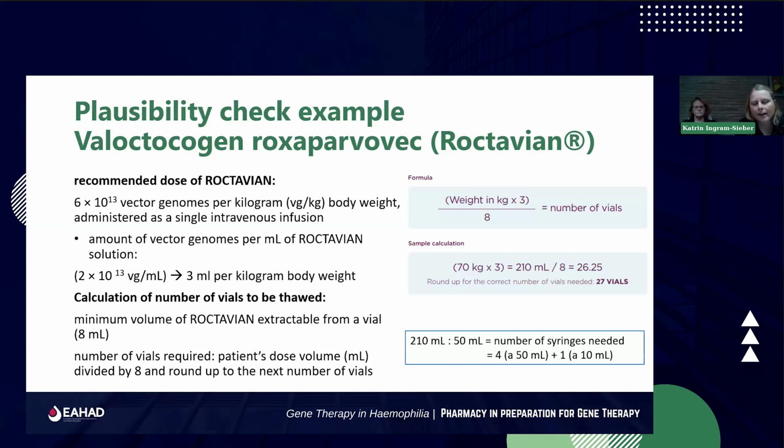In one vial, which is produced, we have 8 milliliters. So then you have 26.25 vials. Of course, we then round it up to have the exact amount finally in the syringe for the